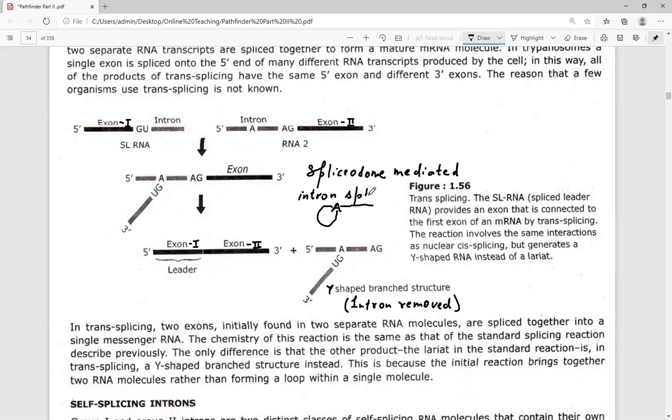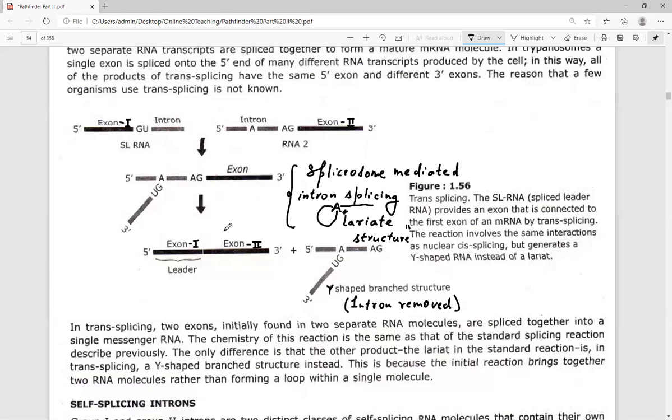Intron splicing was involving the formation of a lariat-like structure. This was the lariat structure which was being produced, and this lariat structure was being removed. Now, instead of the formation of this lariat-like structure and the formation of the spliceosomal complex, as well as the group II intron,